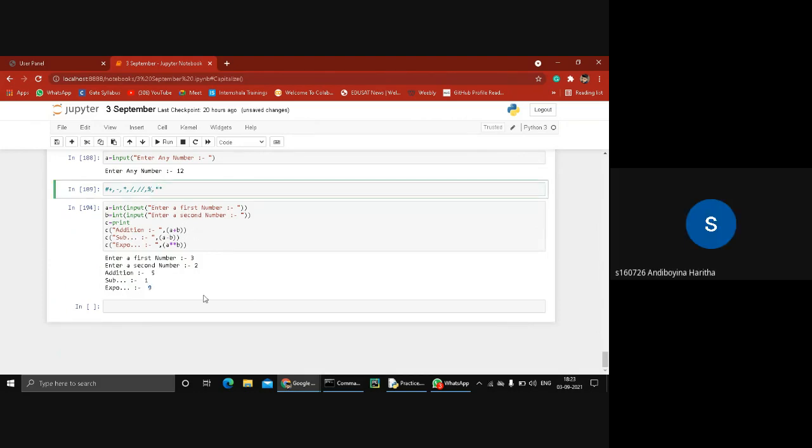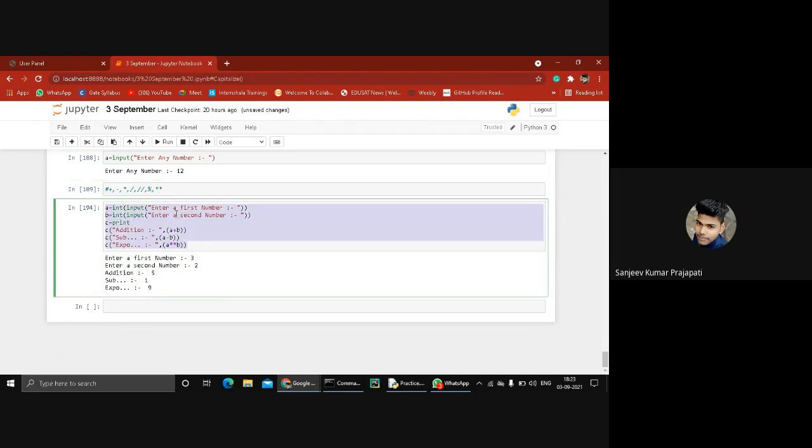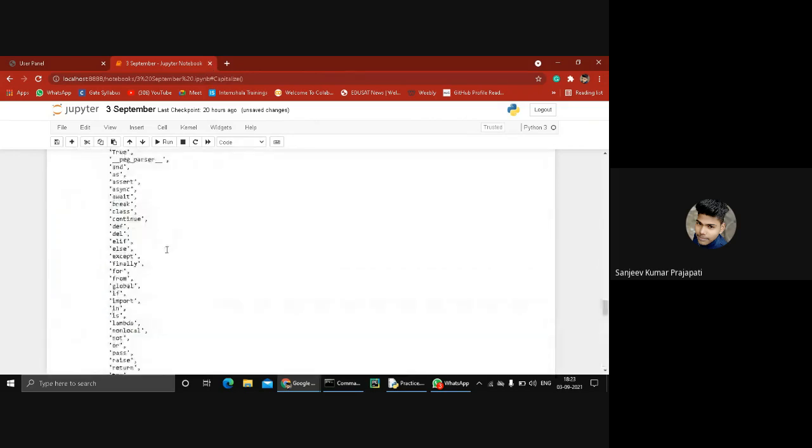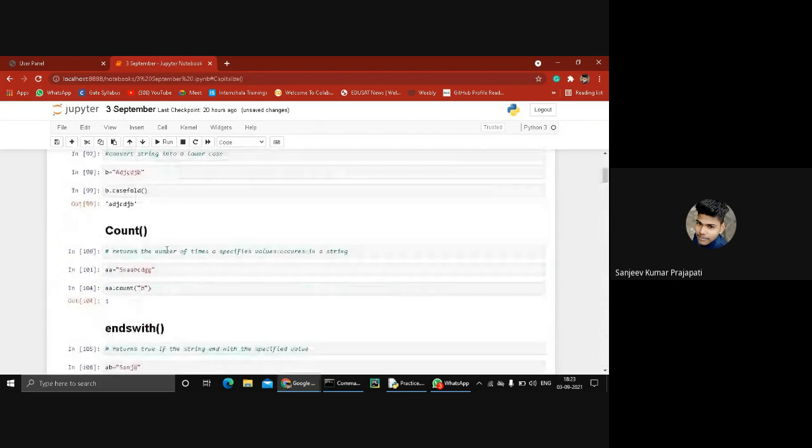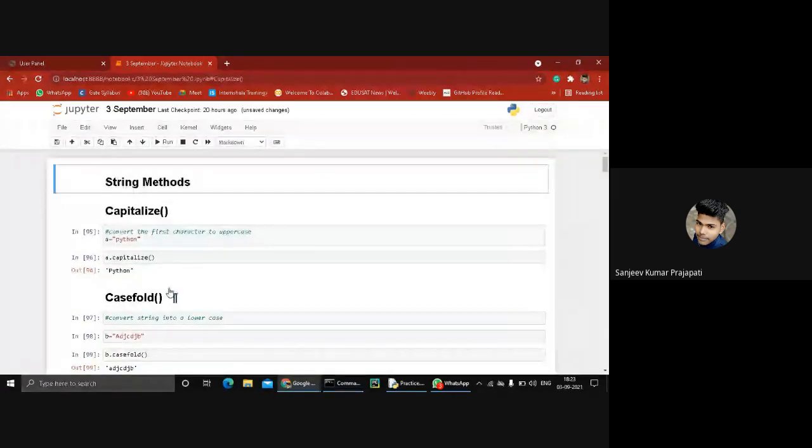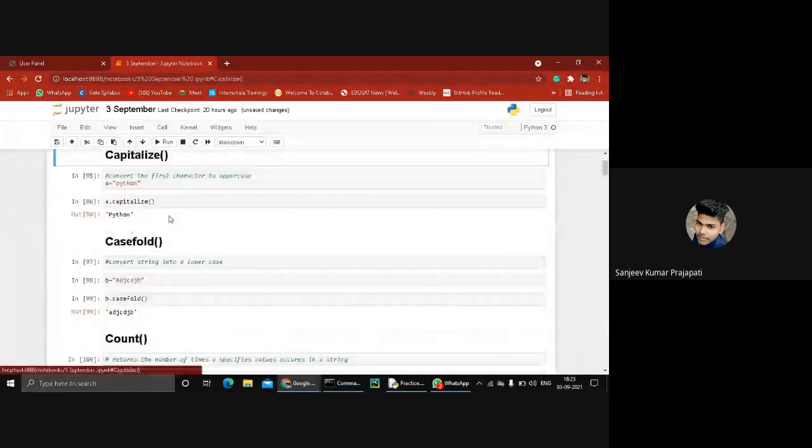Yes, sir. So your task today is to design a small calculator using these addition, subtraction, and other operators. Okay, guys. And this Jupyter file I will share in the WhatsApp group. I think everything is clear now.